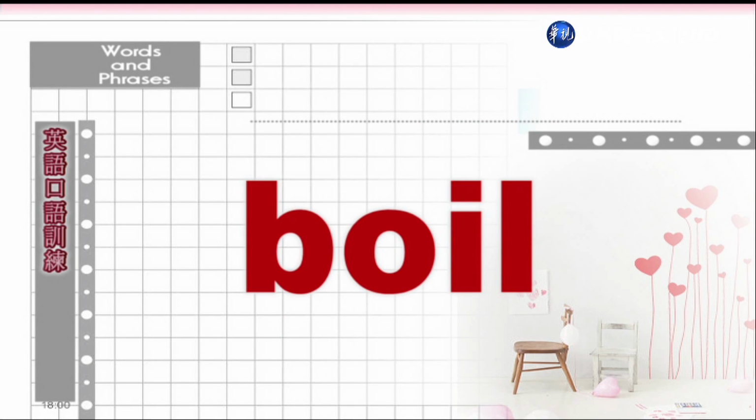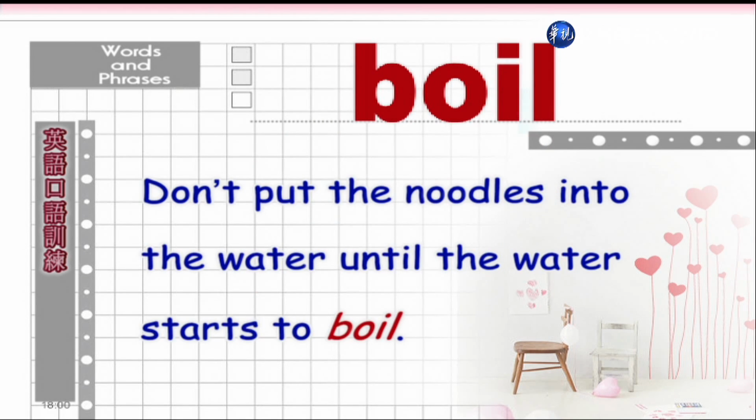Boil, boil. 煮沸。Don't put the noodles into the water until the water starts to boil. 在水煮沸之前，不要把面条放进水里。